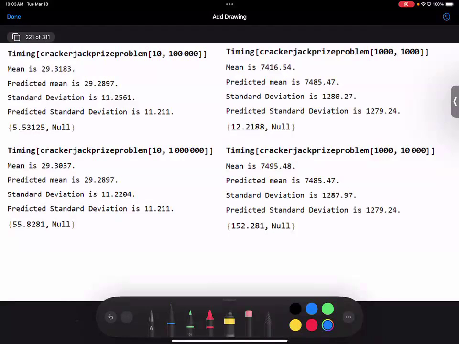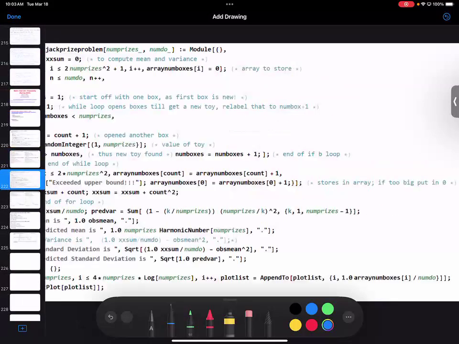If you're storing things, it's no longer linear and things become a lot worse. And so you can see that the predicted mean and the predicted standard deviation are very close to what we're getting experimentally. It's not a proof that we haven't made a mistake, but it is strong evidence that we are looking at this problem the right way if we're able to come up with such a great prediction of the mean and the standard deviation. Okay,